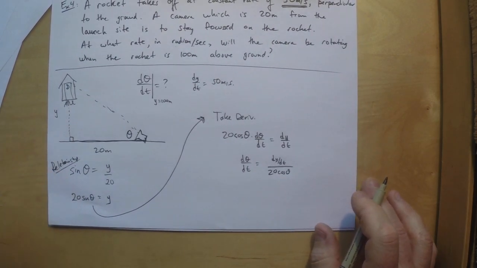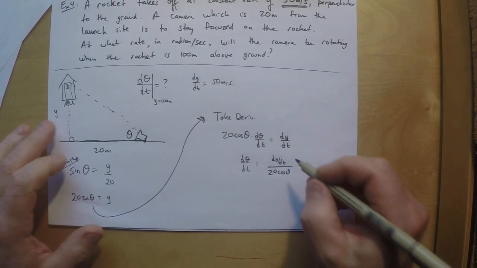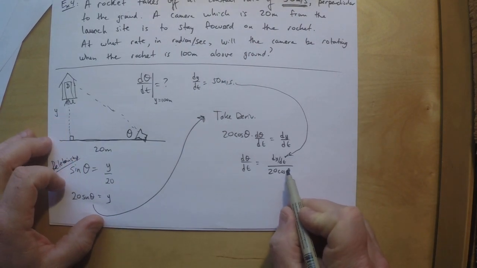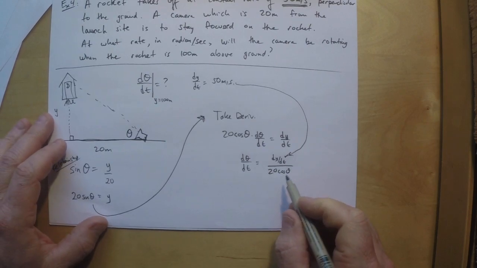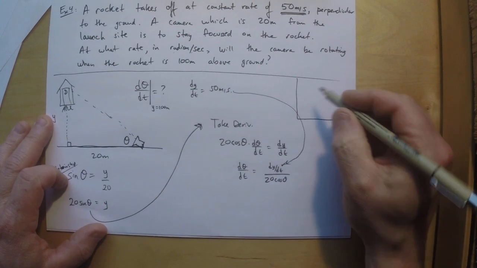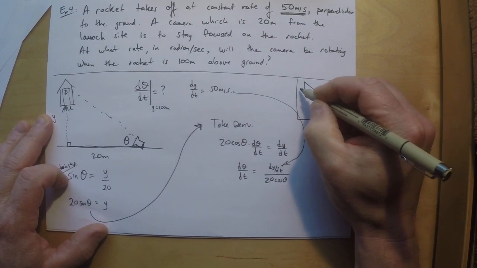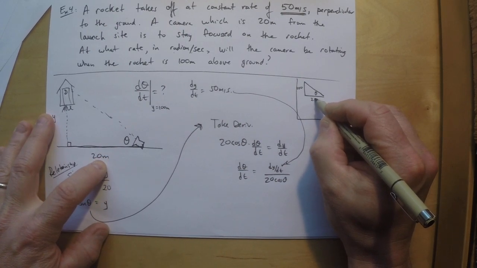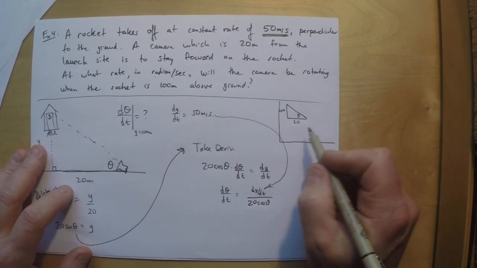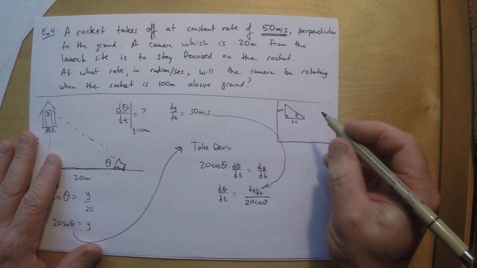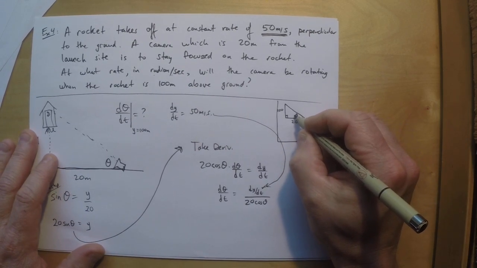So do I have everything to solve this? Let's see. I have this. Check. I don't have theta to get cos theta. Could I get that? Let's think about it for a minute. So now over here, this is important. I have this information. I know this is 100. I know this is theta, and I know this is 20. I could definitely find theta. I'm going to show you something even better. I can do this again without a calculator. I know that